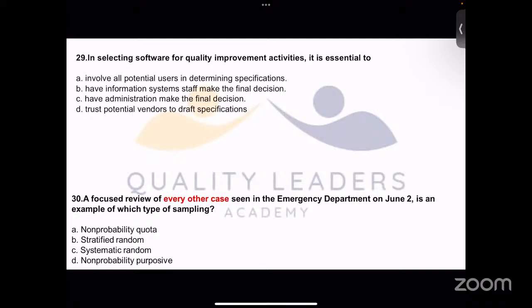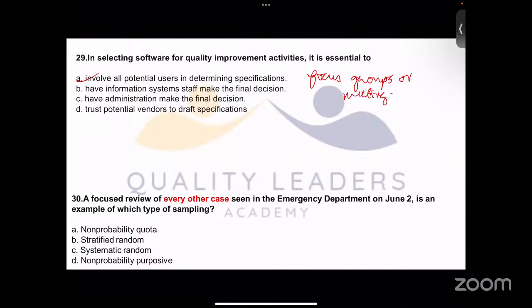This is to involve all the potential users in determining the specifications. So this is the correct answer. Okay, so if we are implementing the electronic medical record software, what do we need to do? So we need to conduct focus groups, okay, or meetings